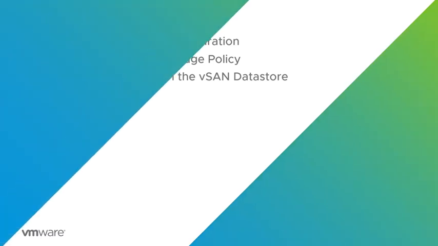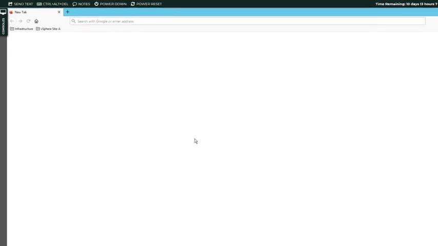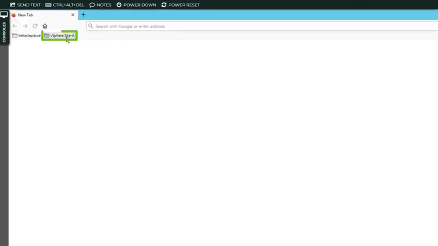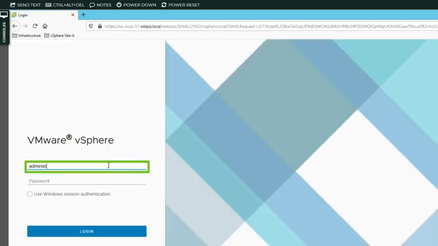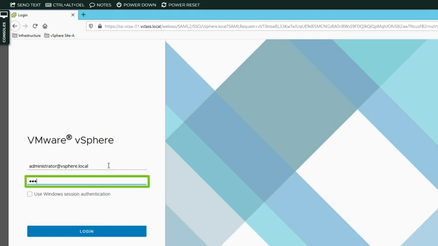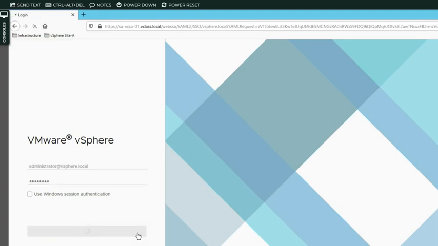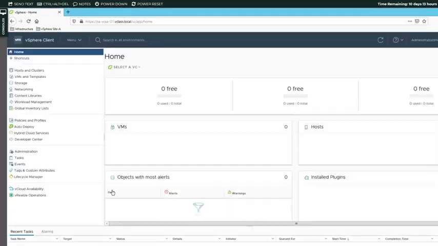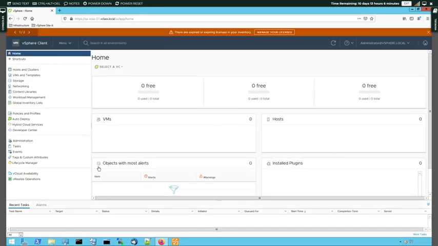Now, let's get started. We want to view the vSAN configuration on vCenter Server SA-VCS01. So the first step is to connect to this server. Then we log in as administrator at vsphere.local. In the first task of this lab exercise, we will view the existing vSAN data store configuration of the SA